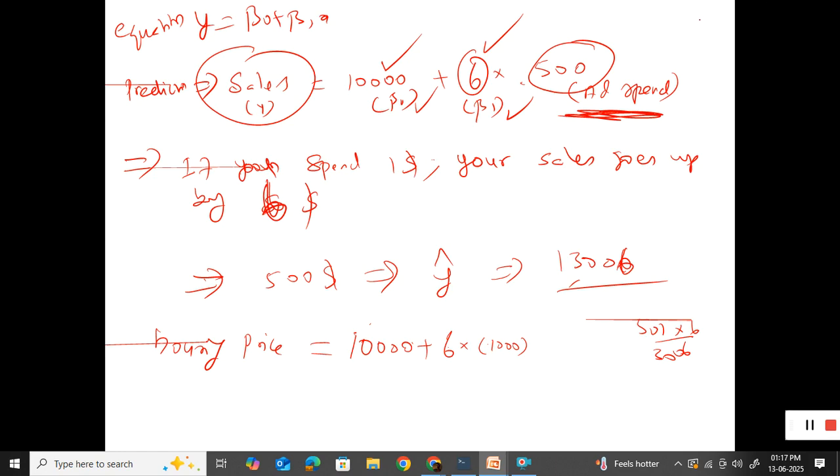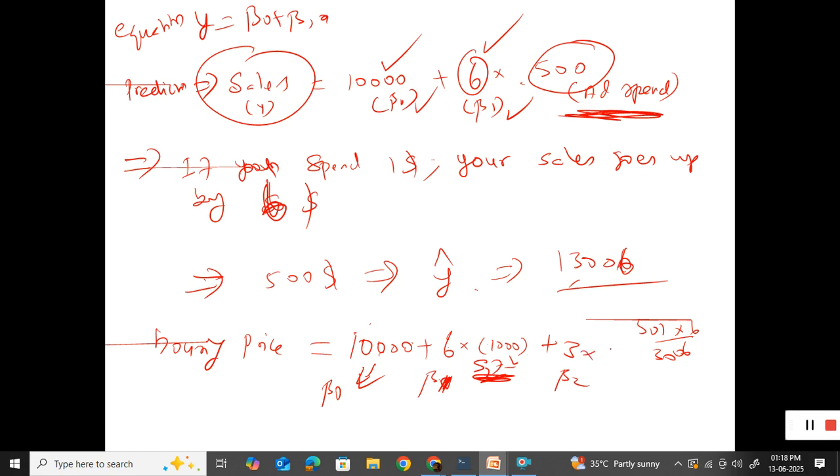So in this case, this is your square feet. Plus, you are going to have one more independent variable. For that independent variable, the slope value is different. So this is your beta 1, and this is beta 2, and this is your beta naught. Beta naught is the intercept, and beta 1 is the slope coefficient for the square feet variable. For each independent variable, the slope value will differ. It need not be the same.